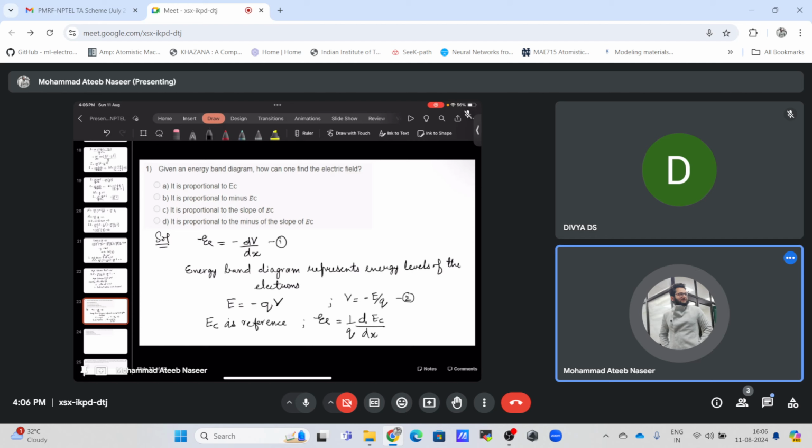It says that the electric field is given by the derivative of the conduction band energy level. So for example, if I have the energy band diagram like this, if this is my EC and this is my EV,